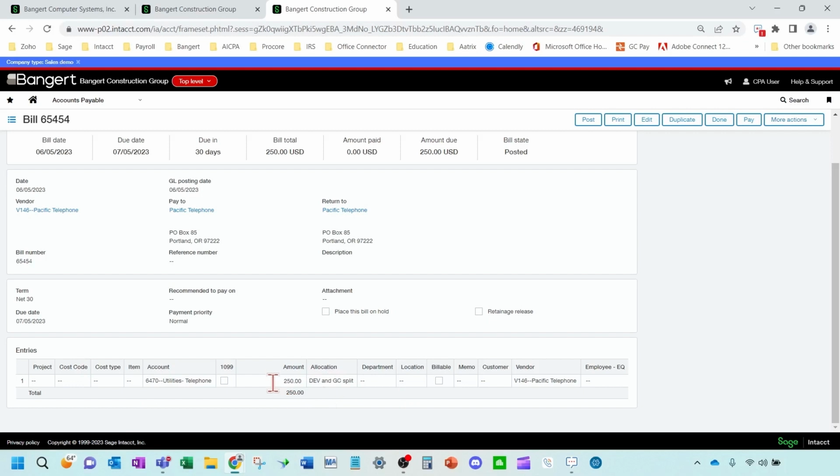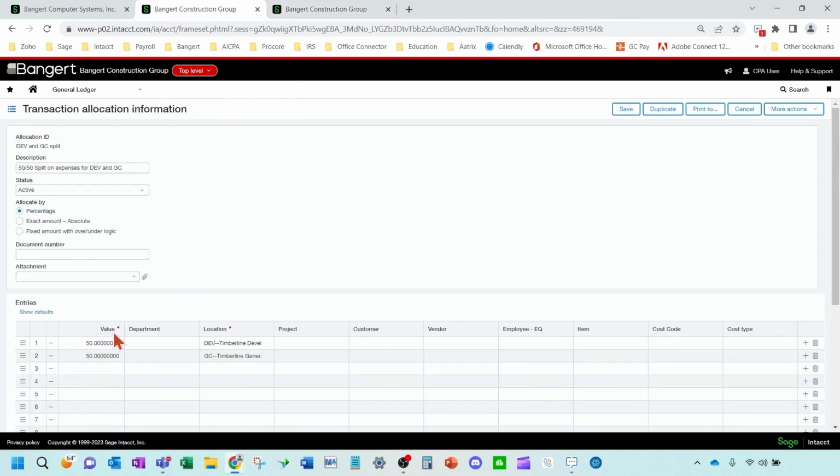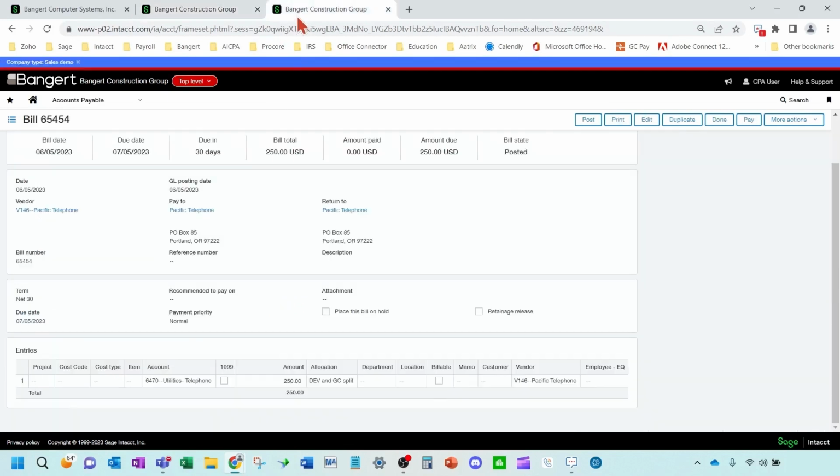And it would split them out between all 5 of your entities if you set it up in the allocation that way here. Okay, so if you do your 20% to each one, it would treat it correctly. So it just helps with efficiency for your accounts payable person to not have to calculate and type out all of those different allocations.